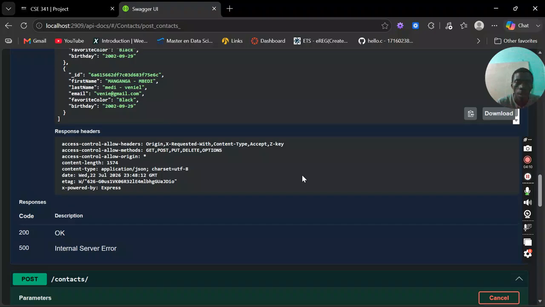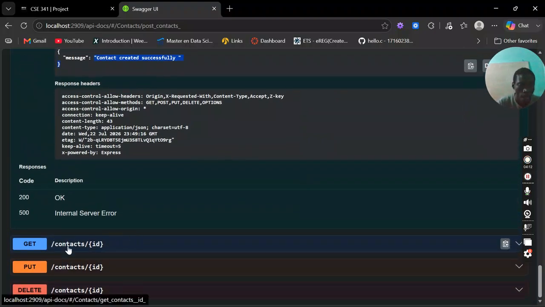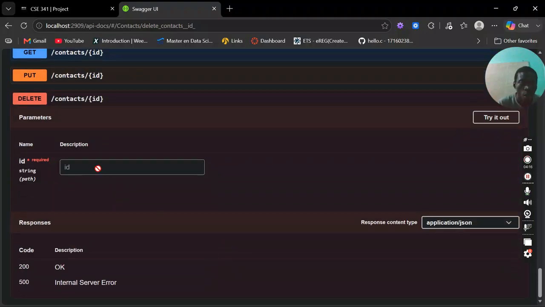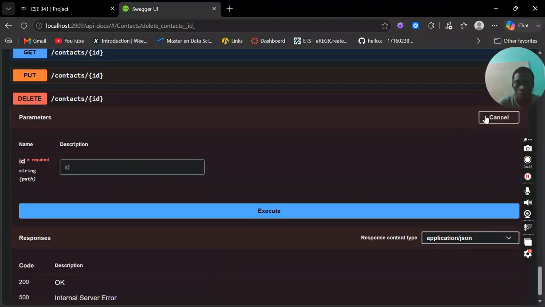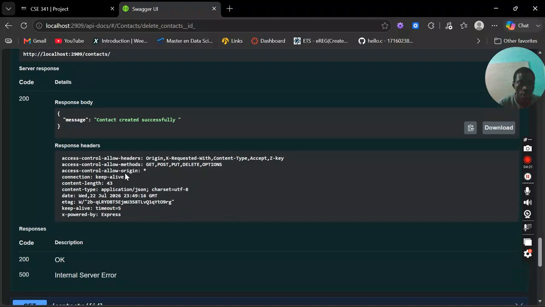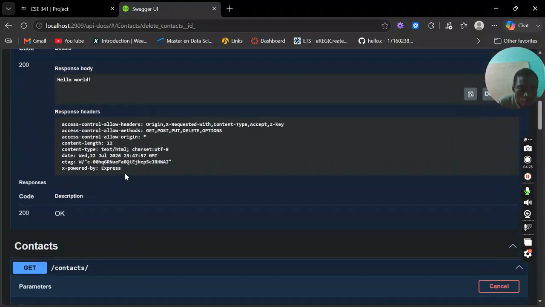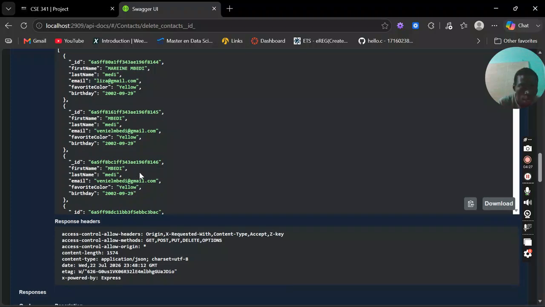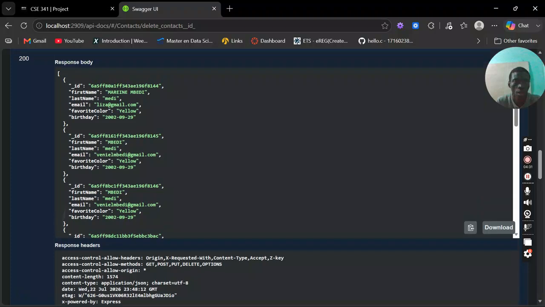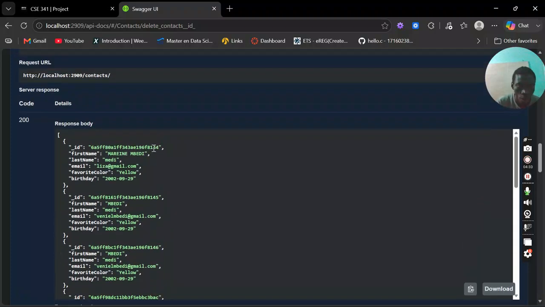Normally, yes. And if you try perhaps to delete something, it will also work. All that we need is just to add the ID. For example, if we come here for the first one that we get, our first one, we want to delete that.